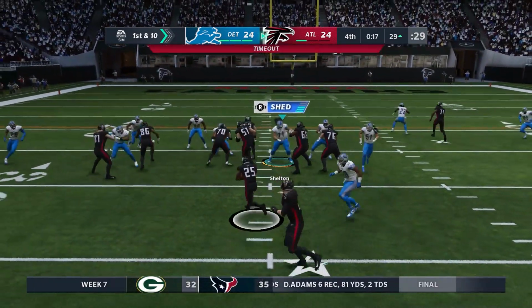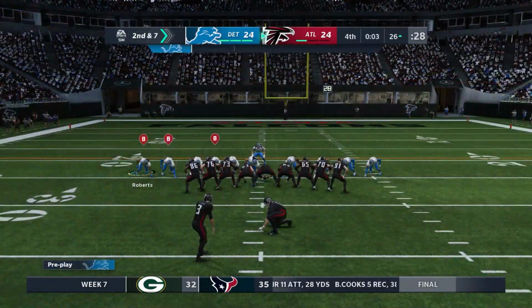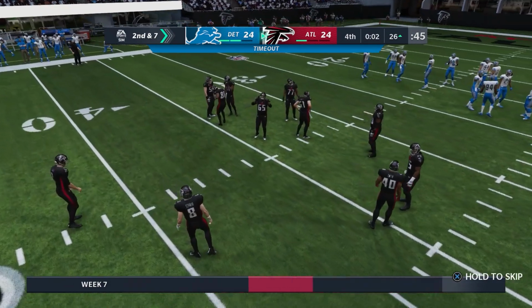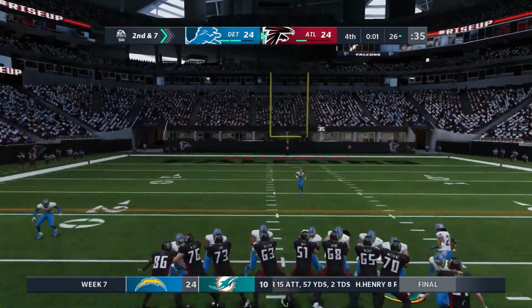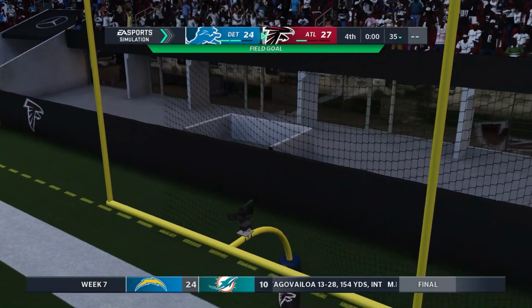Ryan passes the 400 yards on the day. There's a handoff to Ito Smith to try to make it a shorter kick. Lions are going to try to ice him. This is a 43-yard field goal for Steven Gostkowski. Left hash. Kick is up and is right down the middle. Falcons win here in Atlanta,